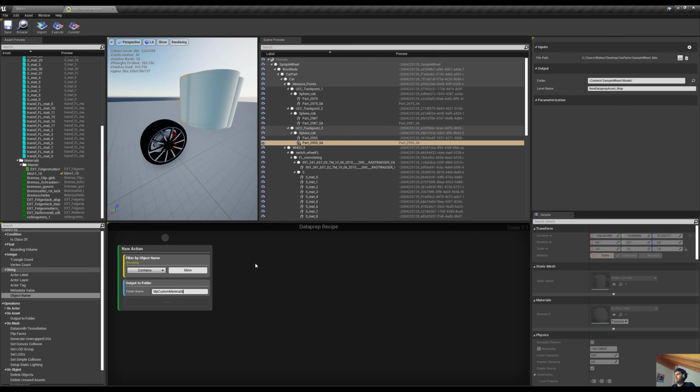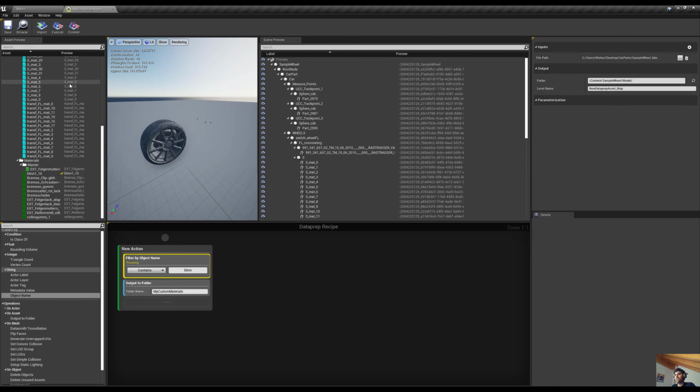Then there should be a subfolder under the model link folder, and it needs to put this material into it. So if I just execute, and if I say commit,